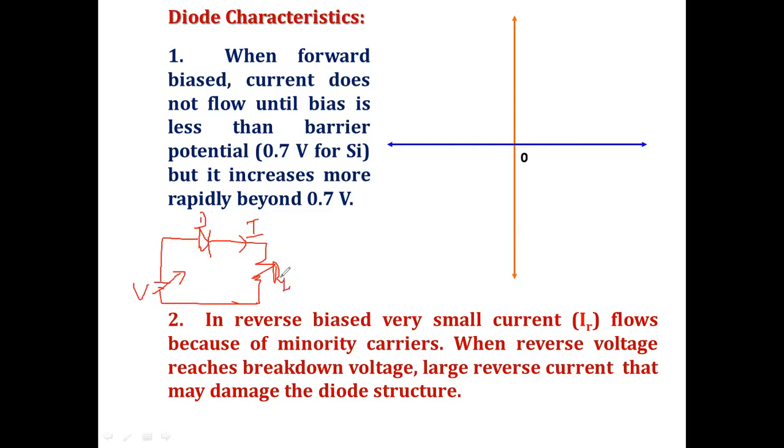Why are we going to use this RL? Suddenly after conduction, the current will increase. To limit that current, we are going to use the load resistance. Resistance is inversely proportional to the current or directly proportional? Inversely. So since it is inversely proportional, we can use resistance to limit the current. Yes or no? Yes, sir. For that reason, to limit the current, we are going to use the resistance.